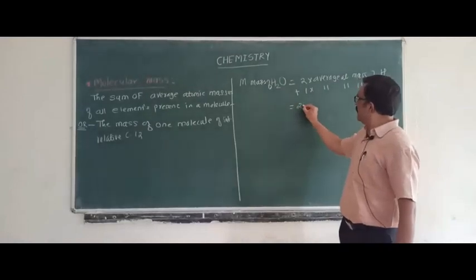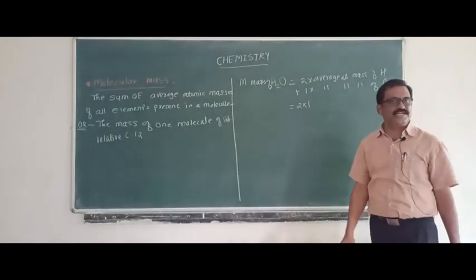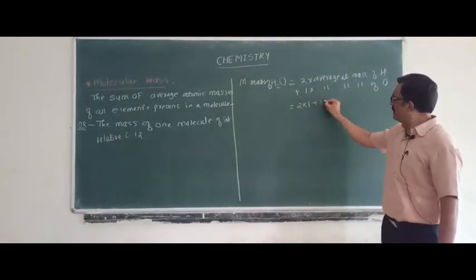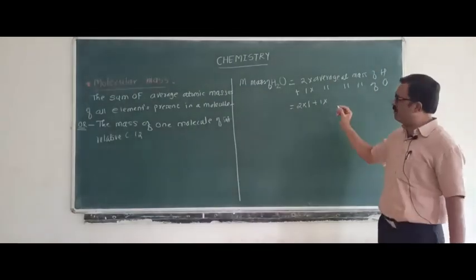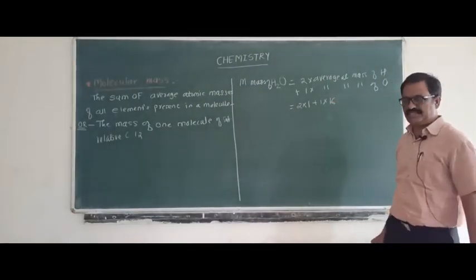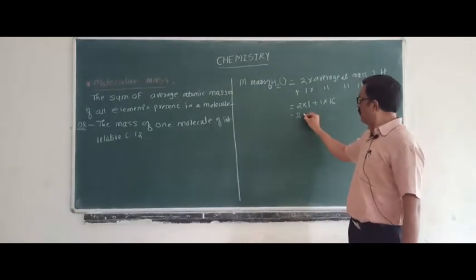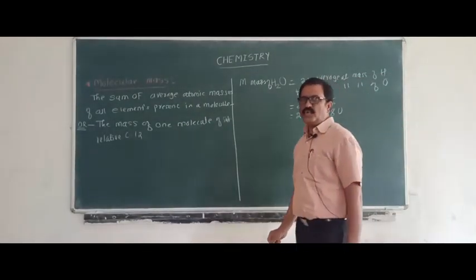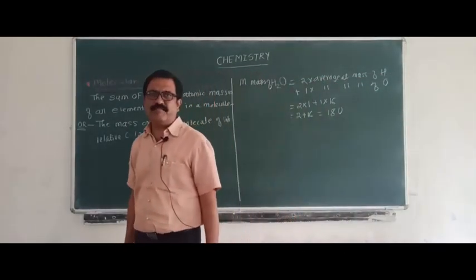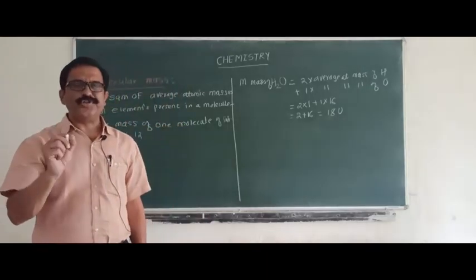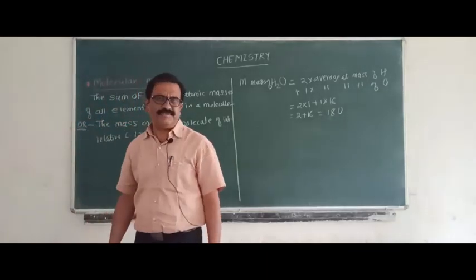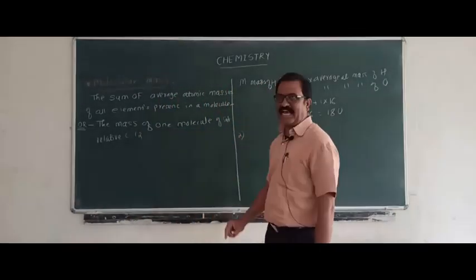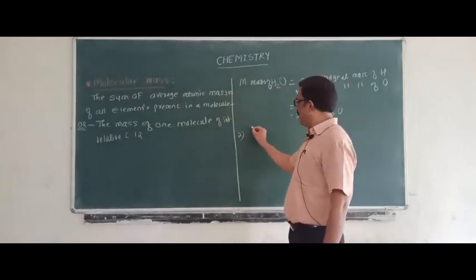We know that the average atomic mass of hydrogen is equal to 1, so 2 multiplied by 1 plus 1 into the average atomic mass of oxygen, which is equal to 16. That is 2 plus 16, which is equal to 18 unified or atomic mass units, the molecular mass of a water molecule. Let us consider another example, that is, calculate the molecular mass of